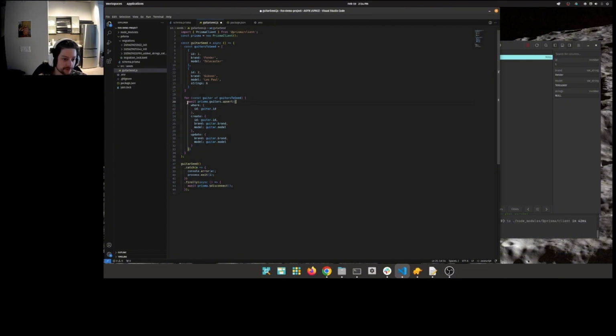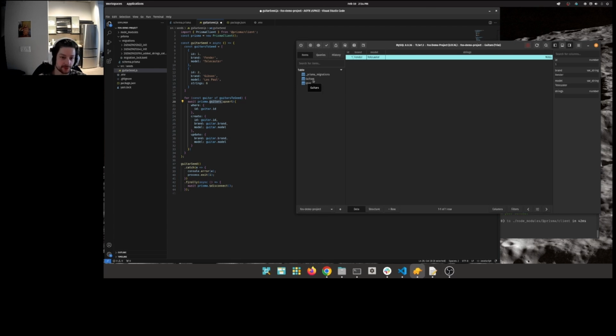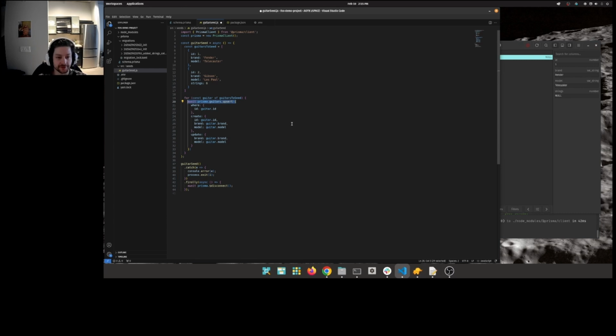So await is something you use with the async functions. It's a keyword. And we're saying Prisma. Again, Prisma is just saying to import Prisma as an instance of our Prisma client. The next part of this phrase is going to be guitars. Now, guitars here represents the table name I'm trying to operate on. And this syntax is pretty much the same for a lot of database queries and operations you're going to use with Prisma. So I could also do something like